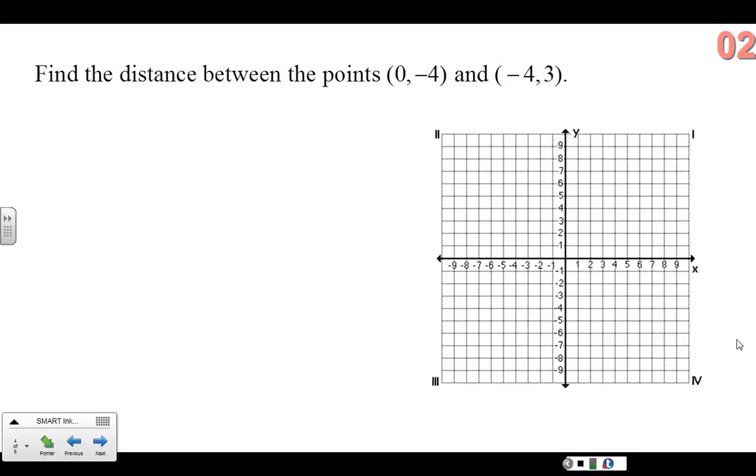Let's try one more. In this problem, we're going to find the distance between 0, negative 4, and negative 4, 3. So the point 0, negative 4 would be on the y-axis, down 4. And the point negative 4, 3, we would go 4 to the left, up 3. So we want to find the distance between those 2 points, so the length of that line segment. So distance formula,